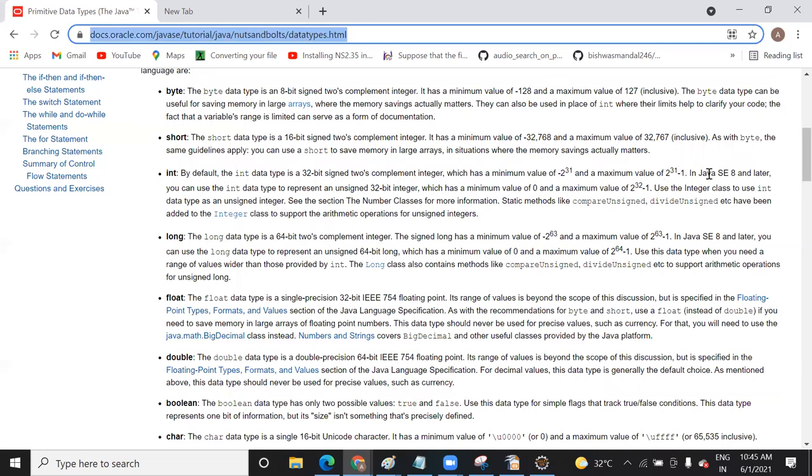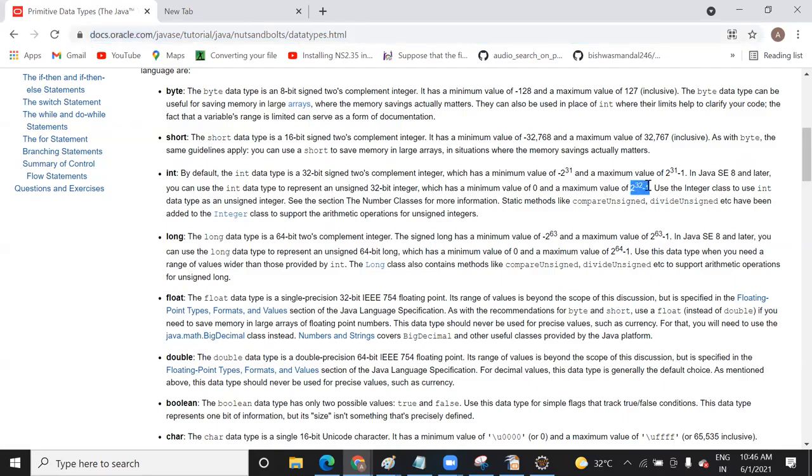And from Java SE 8 onward, the integer data type can be used to represent a 32-bit unsigned value, from 0 to a maximum of 2 to the power 32 minus 1. So 2 to the power 32 is a very large value that can be held by this int. If you have a very large value, then you can use long. Long can hold a 64-bit value. And similarly, we have float, double, boolean, and character, right?